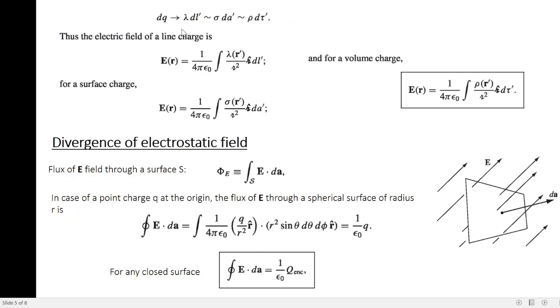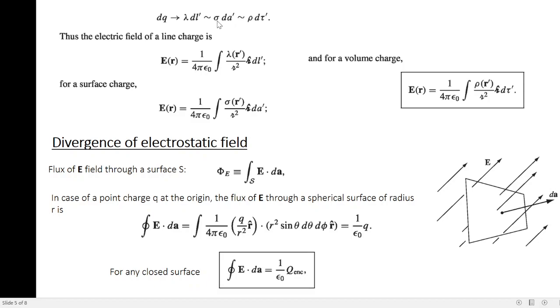So the charge distribution or charge density is nothing but charge divided by the space element. In the case of the one-dimensional charge density lambda, I can write lambda equal to dq, the charge, divided by dl prime, which is the space element in one dimension. The prime notation is added here just to indicate that it is a source.